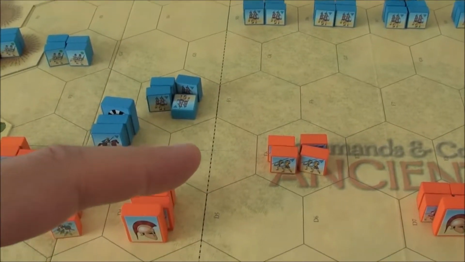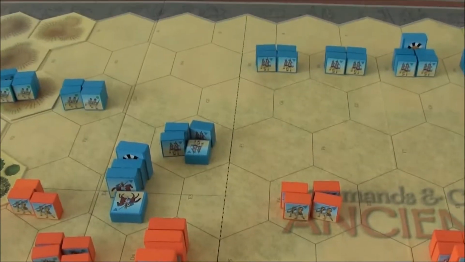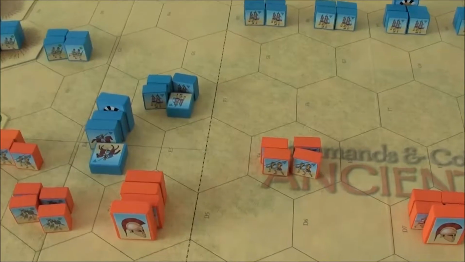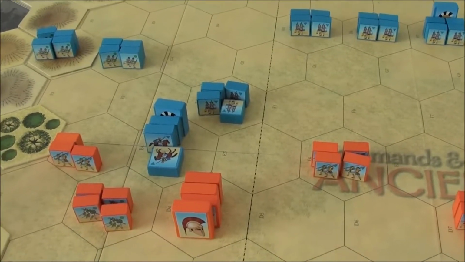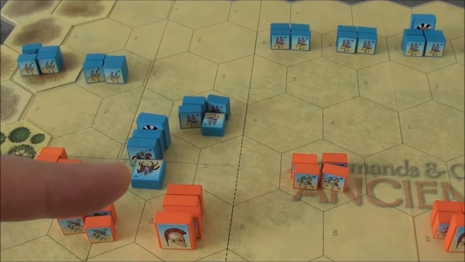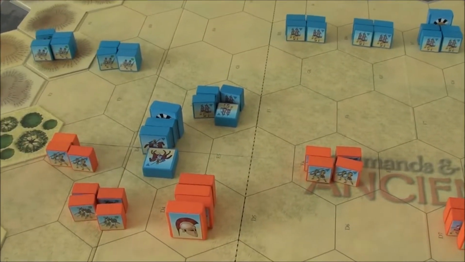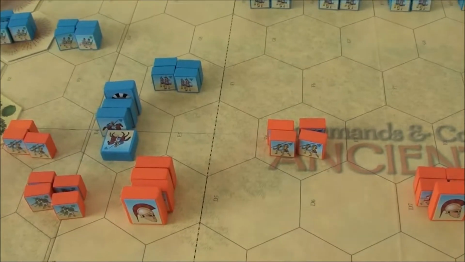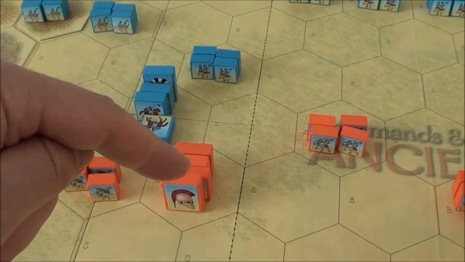Question is now, do I want to push forward here to momentum advance into that hex? I don't know. I'm getting very detached from my main line if I do that. But on the other hand, I don't want to leave this guy too alone here. He's not supported anyway, but I'll actually leave him here. And then we do the cavalry attack, and I will actually attack the opponent, the Spartan